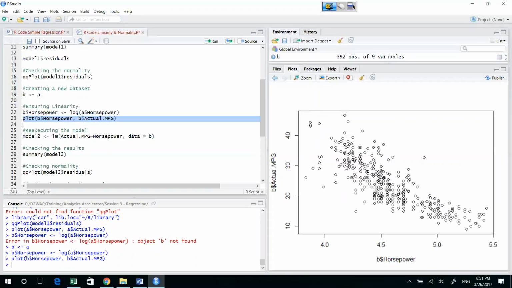Guys, does this look a little better? Does this look a little more linear? Everybody? So guys, by doing a simple log transformation, I could correct one of my assumptions, linearity. And since my linearity assumption got corrected after transforming the variable to a log variable, I should use the